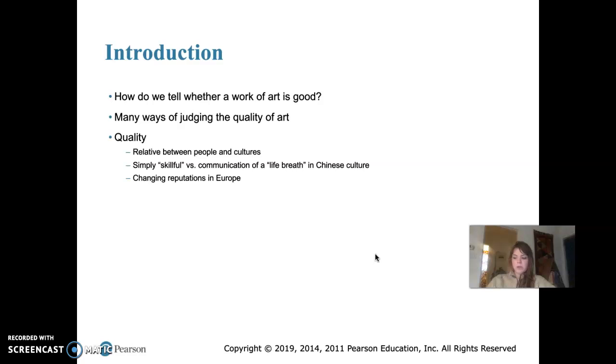In Mexico, before the Spanish conquest, the Aztecs judged art to be good if it resembled the Toltecs, the ancient neighboring peoples that the Aztecs really admired. And in China, an artist who showed skill in representation usually would receive a poor evaluation, because in China a superior artist was one who could communicate the inner spirit or life breath of a subject, so not necessarily representational. In the European tradition, many artists who were celebrated in their own time are definitely forgotten today, victims of changing standards, so time can make a difference.